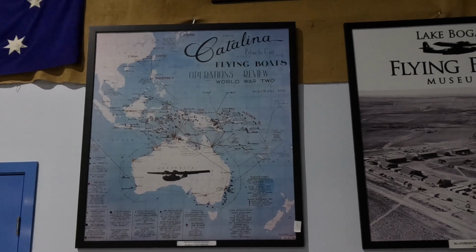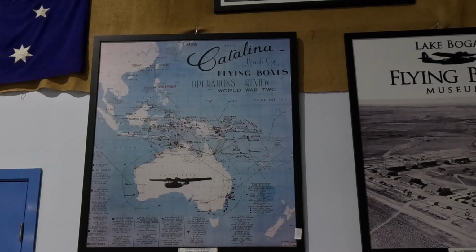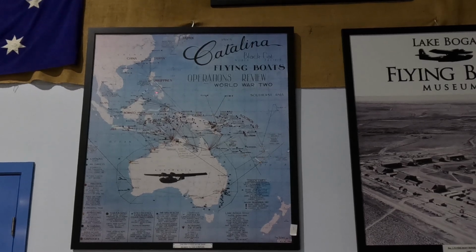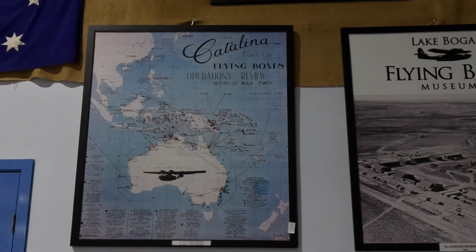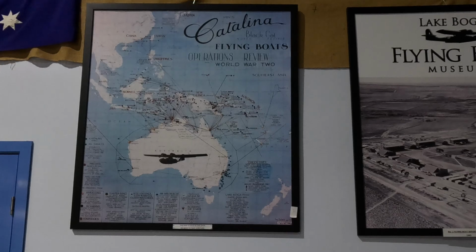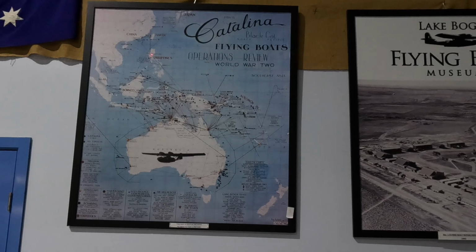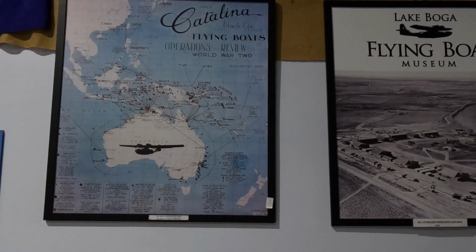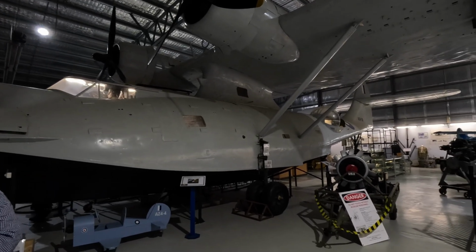So that was Squadron 20 and 11, they were the Black Cats. Now the Black Cats were painted black, obviously, because they were operating at night. So they would fly into the various harbours like Manila and all the rest of it, and drop sea mines. So they would then trap the Japanese fleet in those harbours, so that they couldn't get their reinforcements or supply their troops. Wingspan of nearly 100 metres, and